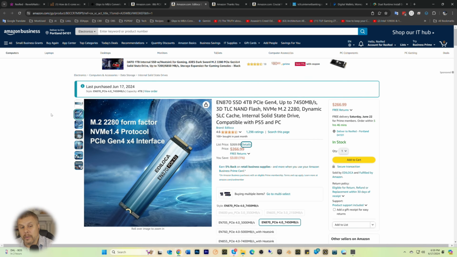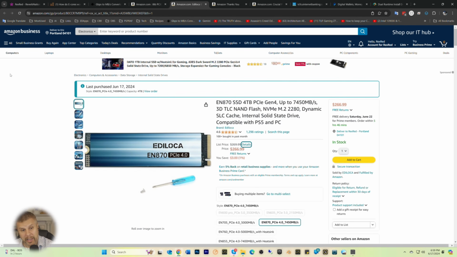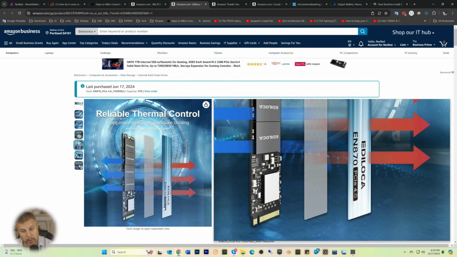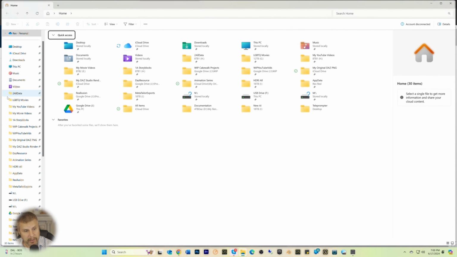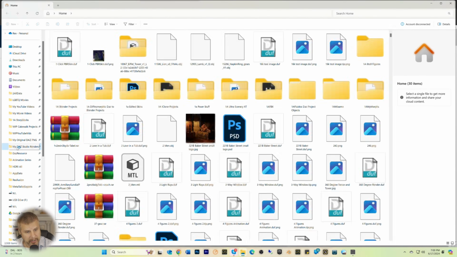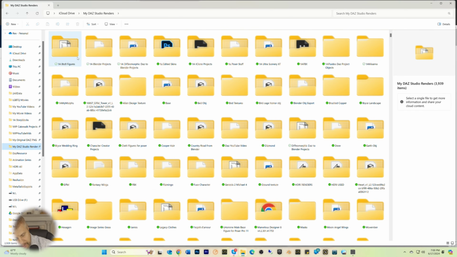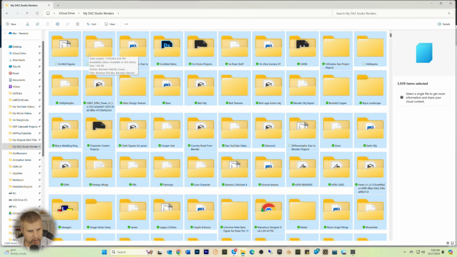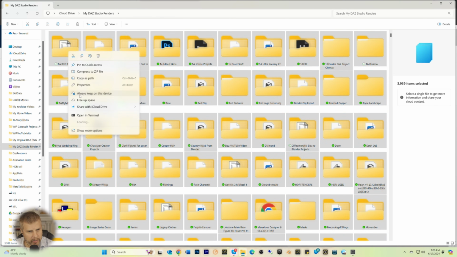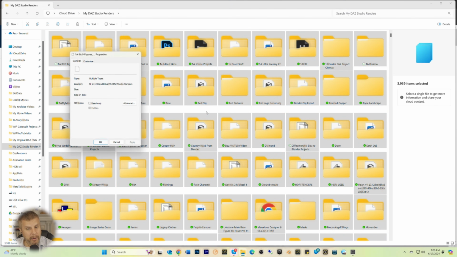Now, another thing is your project folder. You may not want to keep your entire project folder. See, my project folder is here, and if I go My Daz Studio Renders and select all, and properties, this is how big my project folder is. It's not that big because